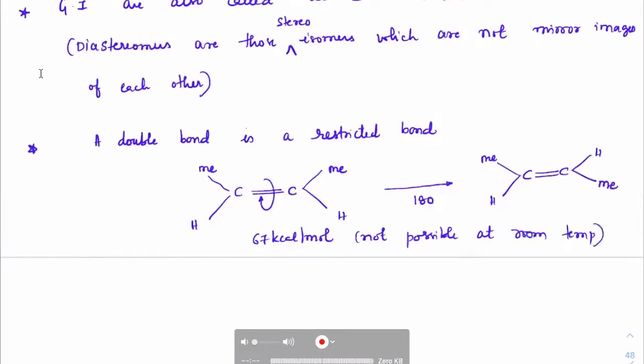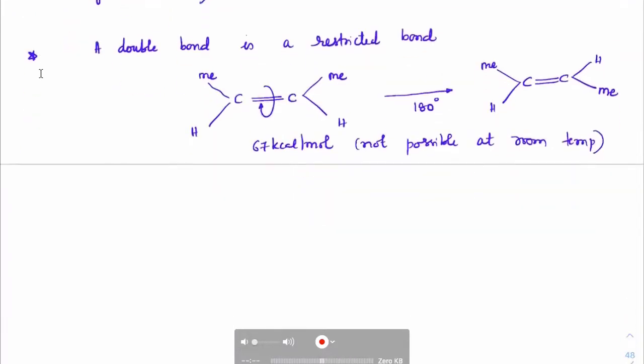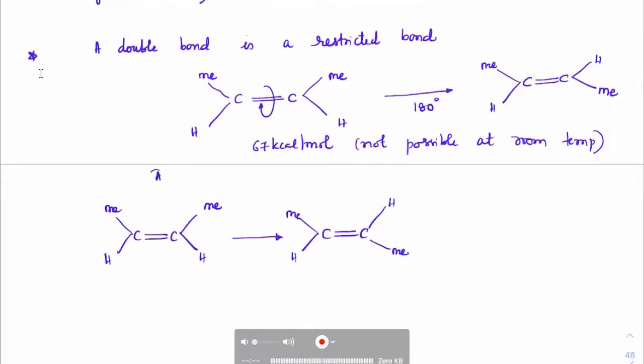Yes, if you have around 200 to 400 degrees centigrade, from there you can convert one cis form to trans form only by heating. But generally, at room temperature we cannot convert them only by rotating. Here we have to break the bond and then make the bond. How do we do that? First, if you want to convert this form, these two hydrogens on one side, into this form where you have C double bond C with methyl here and two hydrogens here, I want to convert from this A type to B type.